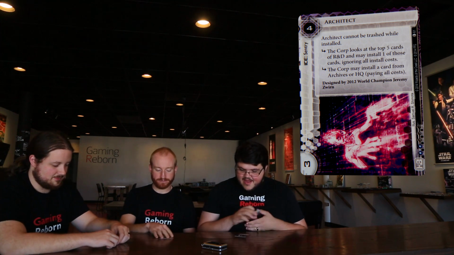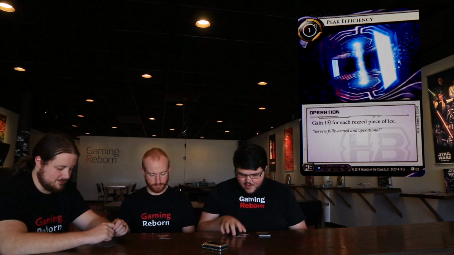HB, get some juice there. All right, up next, we have Peak Efficiency. It's a 1-cost HB operation. It's 1 influence. It has no traits or anything like that. You gain 1 credit for each rezzed piece of ice. Oh. So is this the...